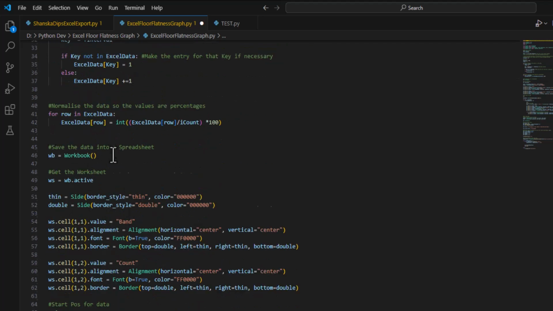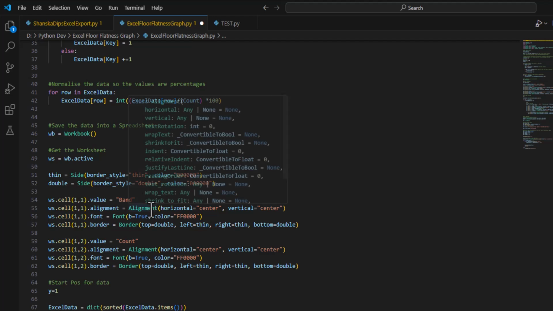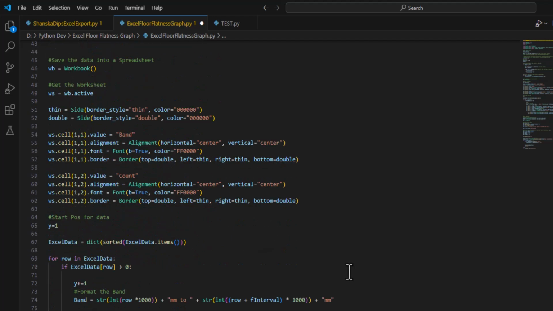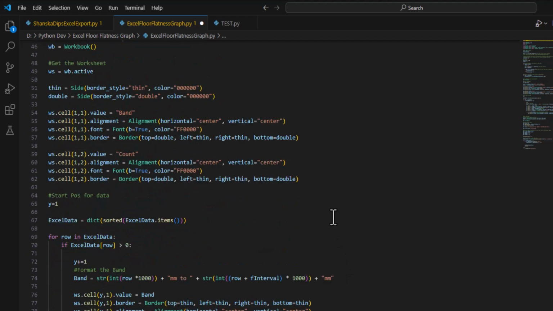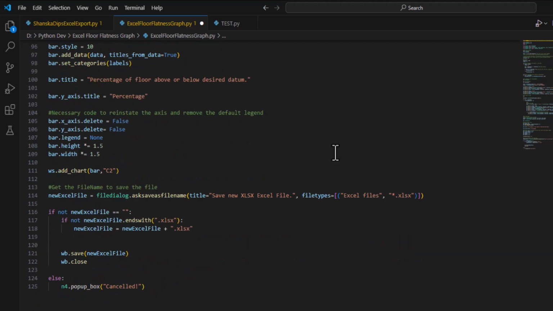The rest of this is all Excel code. I'm not going to go through that. We're using the OpenPyXL toolkit for this. There's lots of tutorials online for this as well. But all the code you need to set up the spreadsheet, to color in the data, to format it, to make the chart, it's all in here. And then at the very end, we export the data to a named file. So I'm going to save this now,